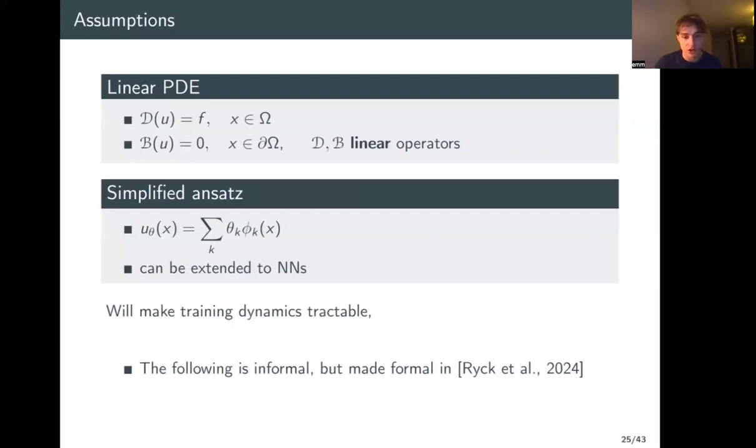And so the whole talk is quite informal, but I'm going to go a bit into the details, but not that much, but just know that it's made formal in the paper. And maybe if you have any questions, I can sort of guide you to which sections of the paper to look at.